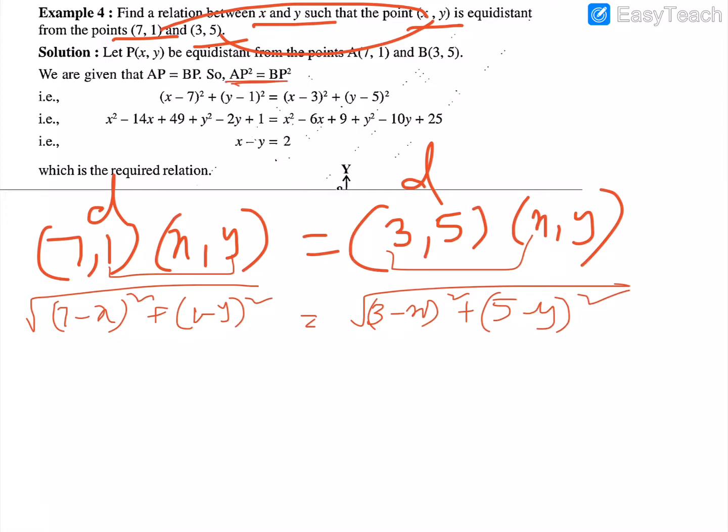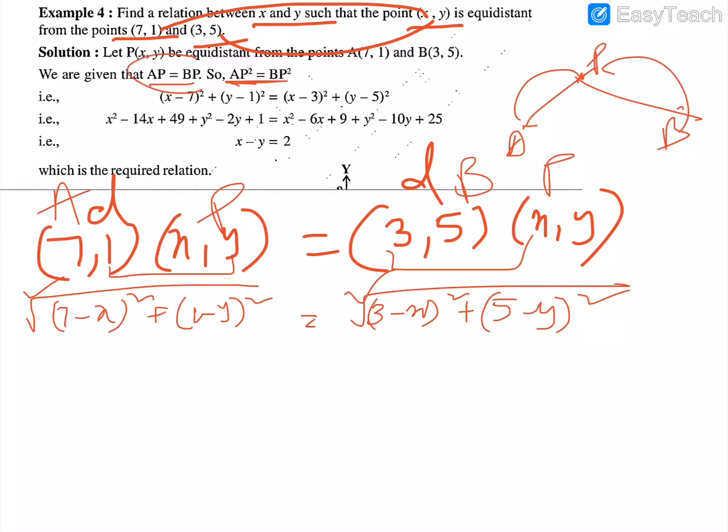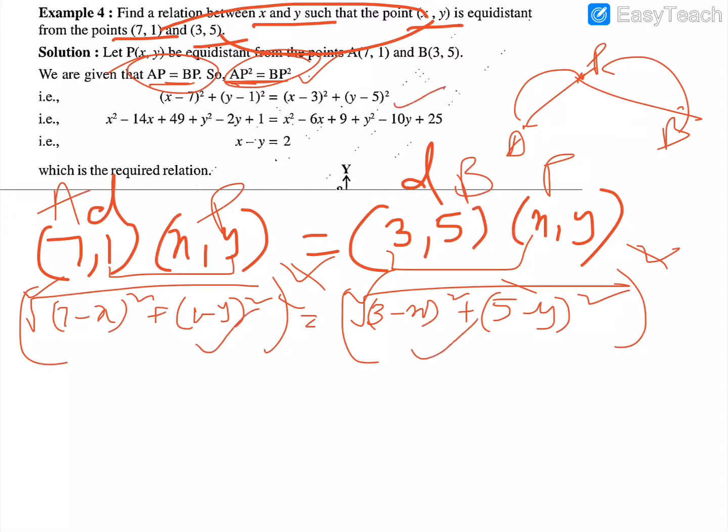So if you write like this, you are getting a very big square root. Solving using square roots in our head is very difficult. So this point they have called P, and the other points A and B. Since they are saying point P is at equal distance from A and B, AP is equal to BP. Instead of taking AP equal to BP, we will take AP square equal to BP square. The benefit is that the square root will be eliminated automatically. So without the square root, the simplification will be easier. We square both sides, so only the inside parts are left, simplified.